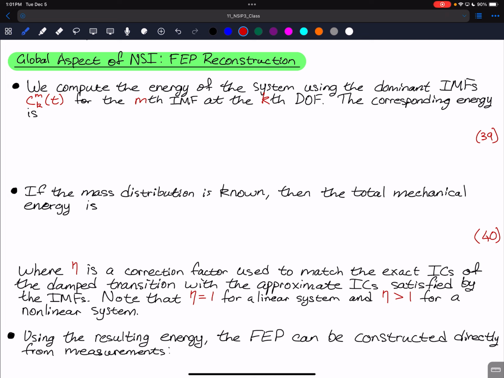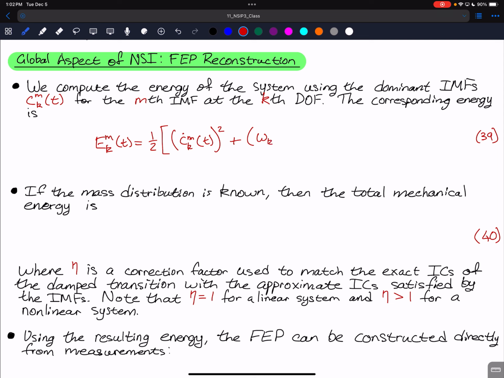And the corresponding energy is going to be E sub km of t equal to 1/2 times the quantity C sub km dot of t. So this is either the time derivative of your IMF, or it could be the equivalent IMF for the velocity signal. So that term squared plus the frequency